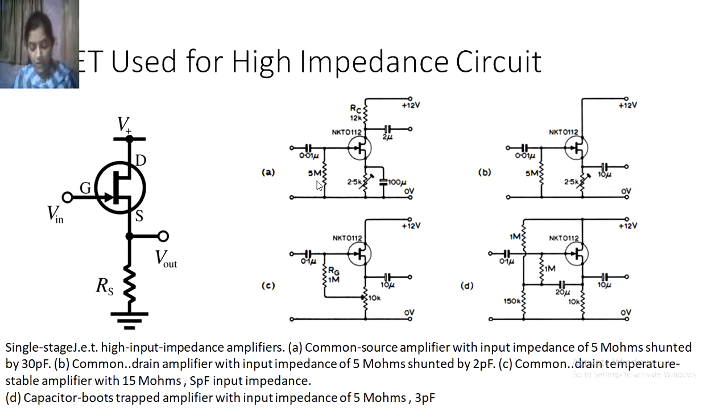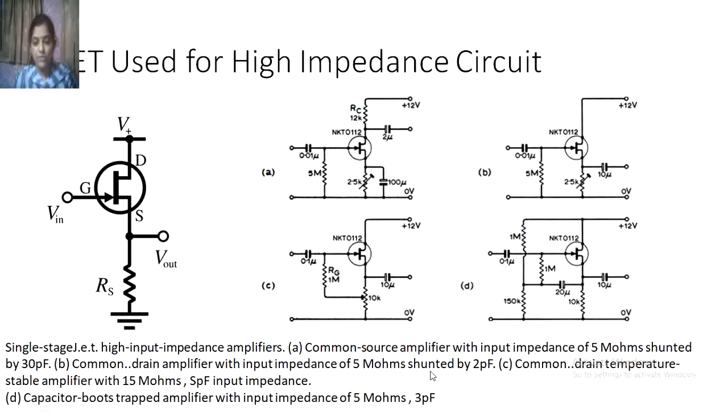If you want an input impedance of only a few megaohms, you can use an N-channel depletion FET in a common source arrangement, for which a typical circuit is given in figure A. So the next, B, shows a common drain amplifier with input impedance of the